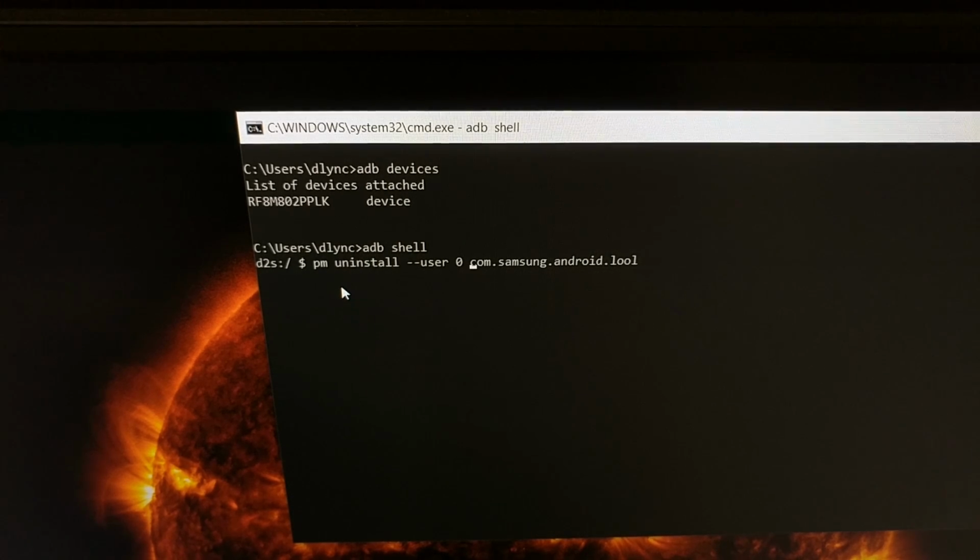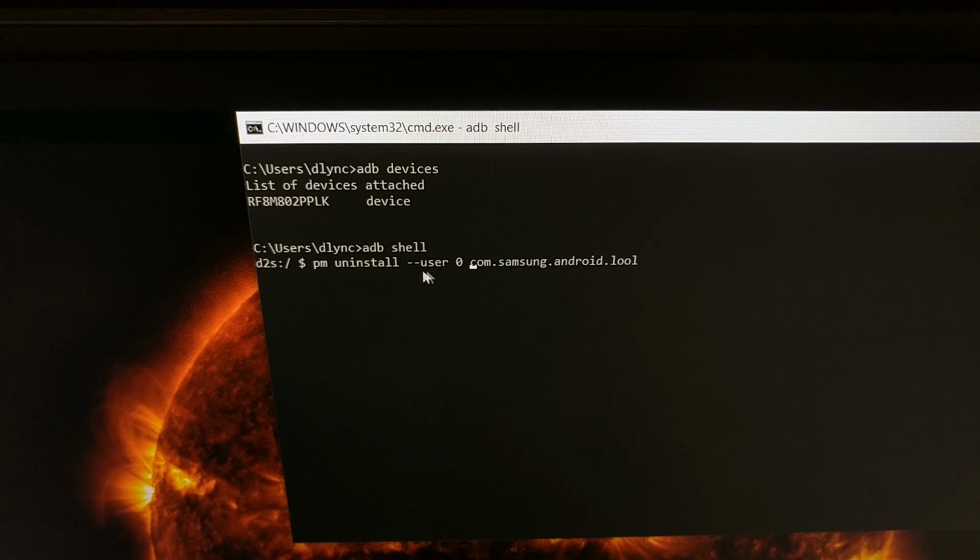Oddly enough, that is actually the package name for the device care application on Samsung devices with the latest One UI OEM skin update. So what we are telling ADB to do is to uninstall, which is basically just disable,